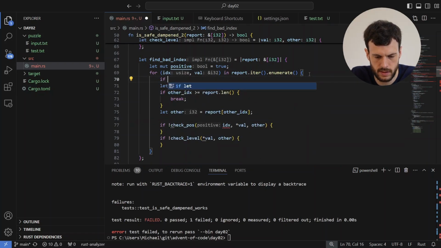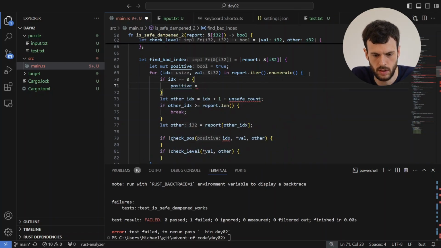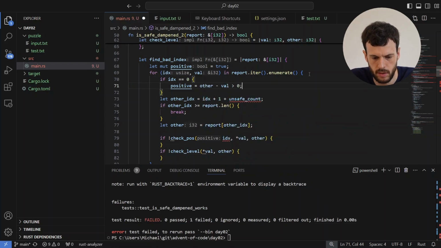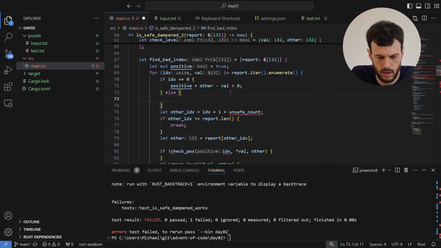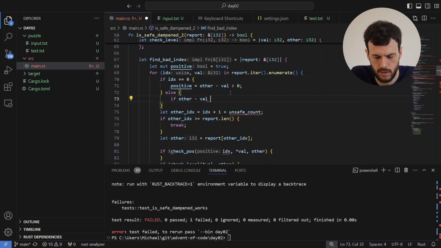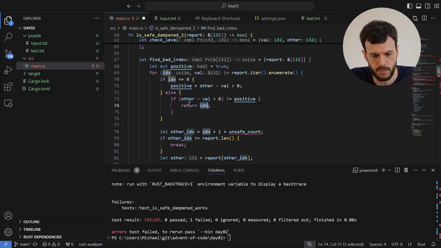if index is 0, then positive becomes val other minus val greater than 0. Otherwise, if other minus val greater than 0 is not positive, return index. So this is the point where it goes bad, according to this logic, which I'm not entirely sure is true,